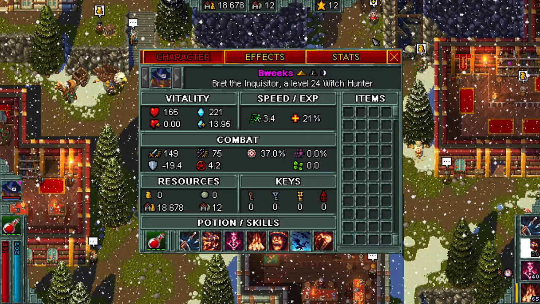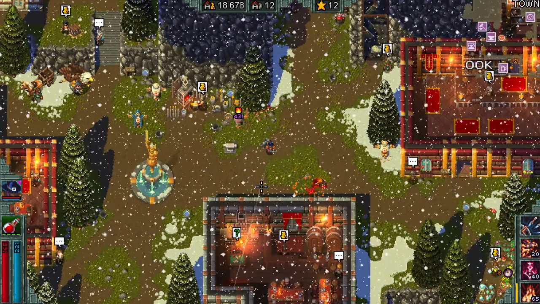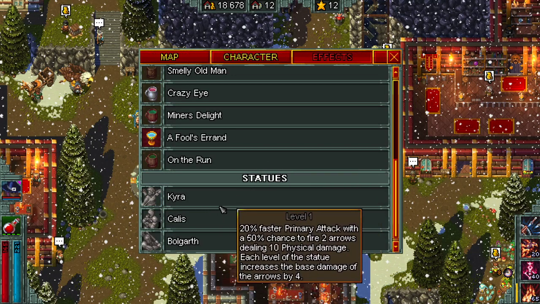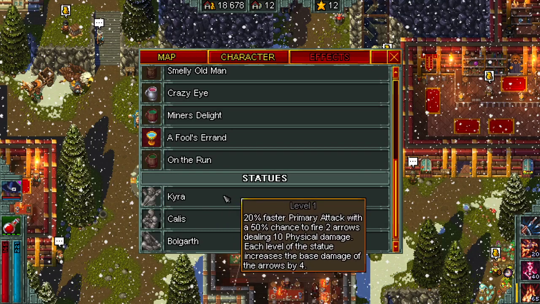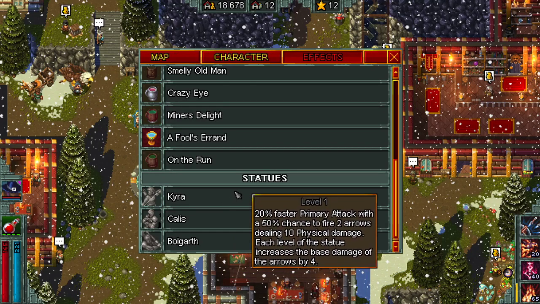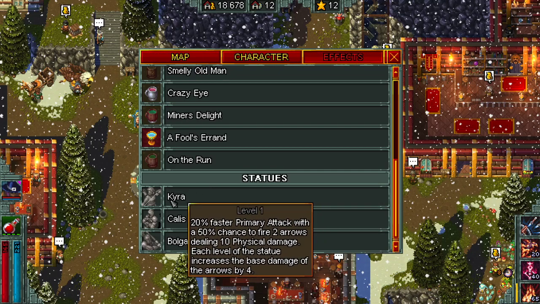Anyway, hope this guide was helpful for you guys. Oh, I guess one more thing is the statues. So if you have statues, you can use them. If you don't have them, it's really not a big deal. You can easily run without them. Statues for